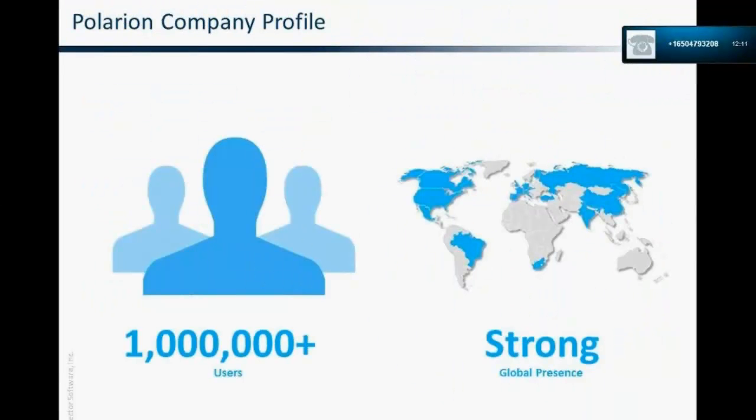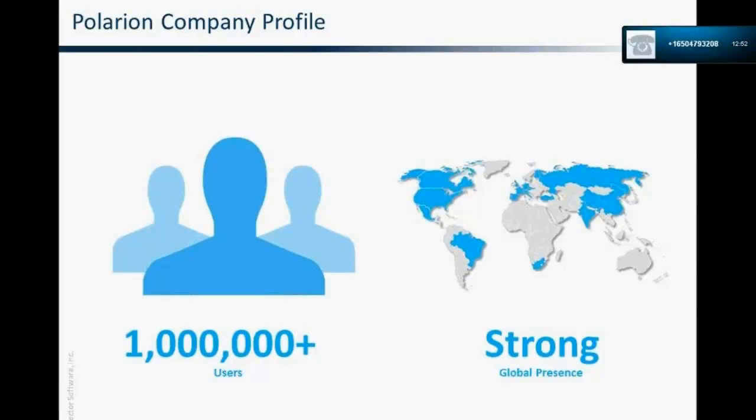Maybe some additional things about Polarion. At the moment, we've got more than 1 million users. We are strongly working with the open source community. And because of that, we've got so many users who are working with solutions Polarion developed, or Polarion helped develop. And we've got a strong global presence. We've got our headquarters in Stuttgart in Germany, and we've got some offices in the US and France, and we are working with a lot of partners, so we can help you